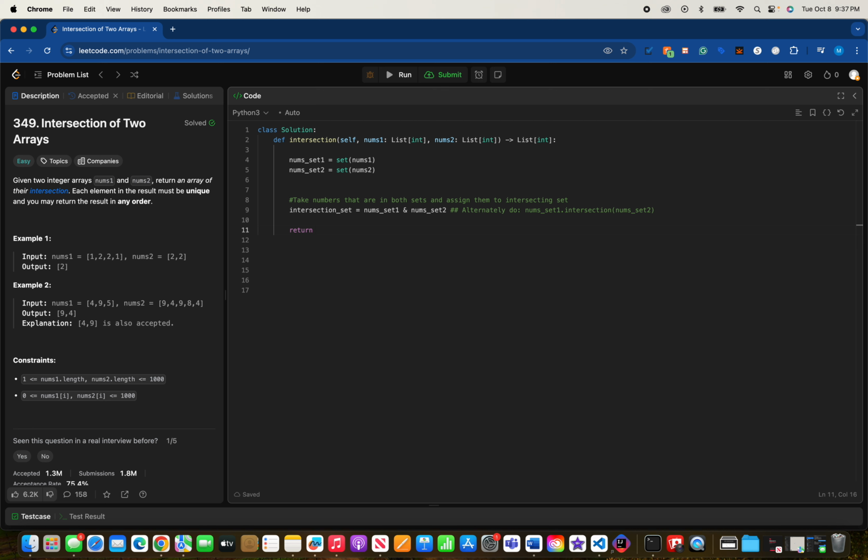Return, we want the list of this, list of the intersection